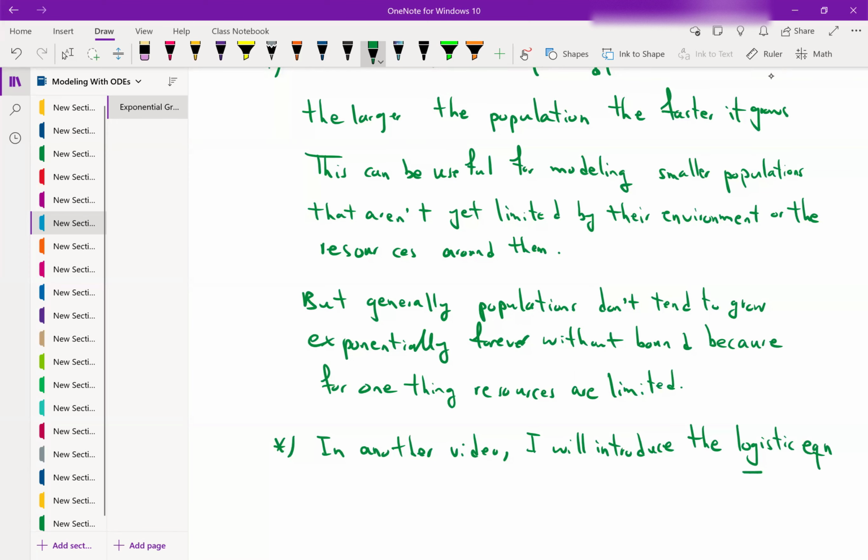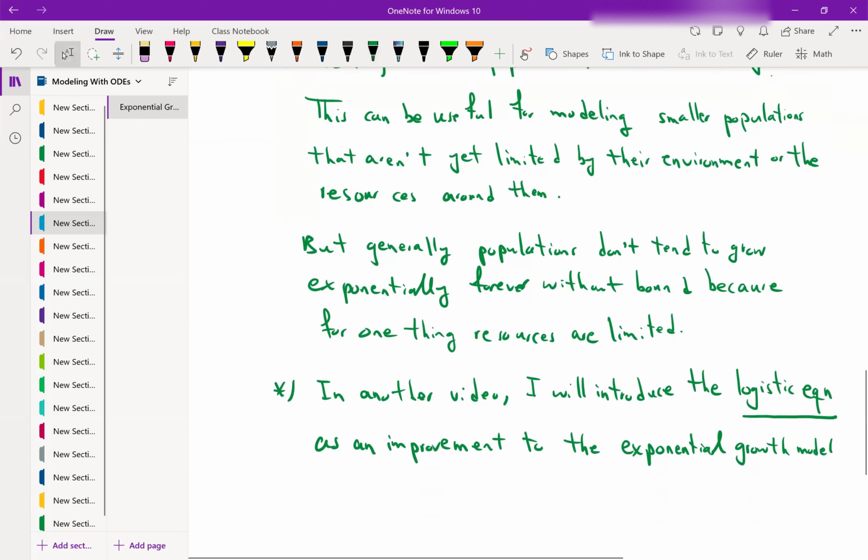It's another differential equation model as an improvement to the exponential growth model, the model that we are currently considering in this video,